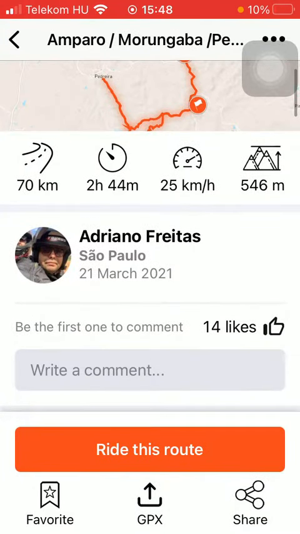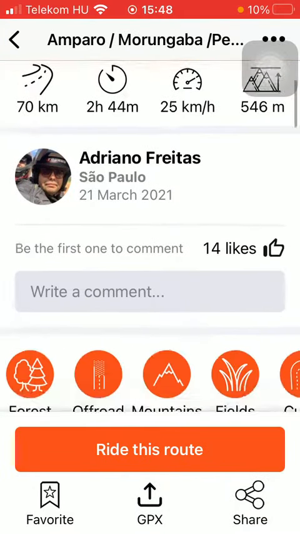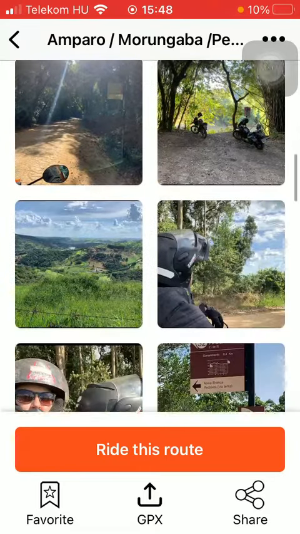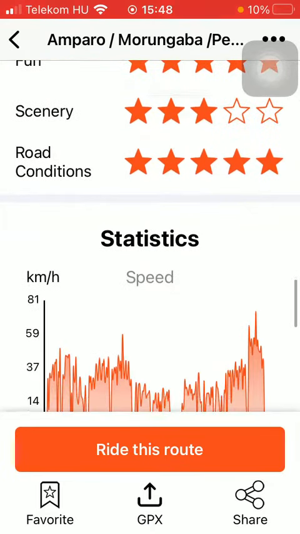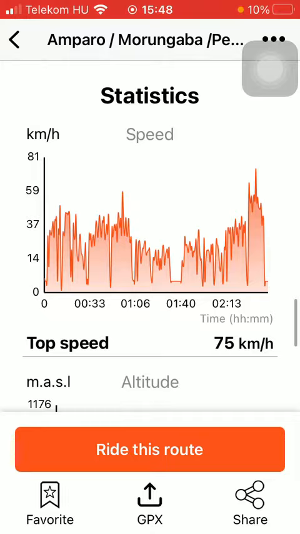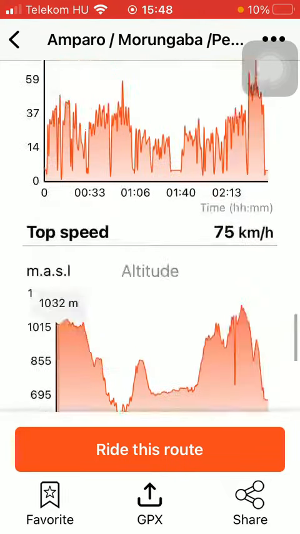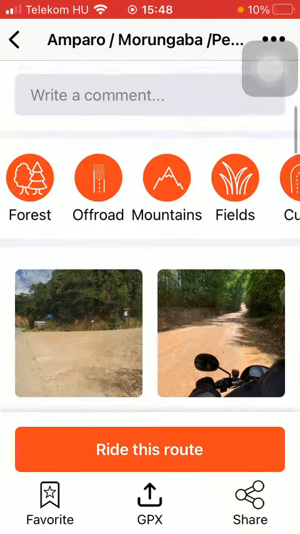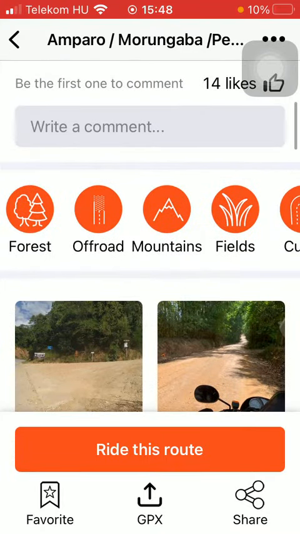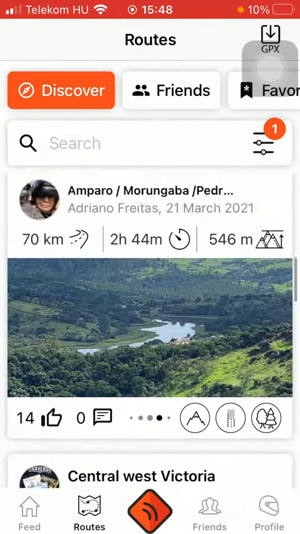Here you can find kilometers, the duration, and other information. Here you can see a bunch of pictures, statistics, about speed, altitude, acceleration, and other options. If you want to add it to your favorites, just tap on this icon down below,